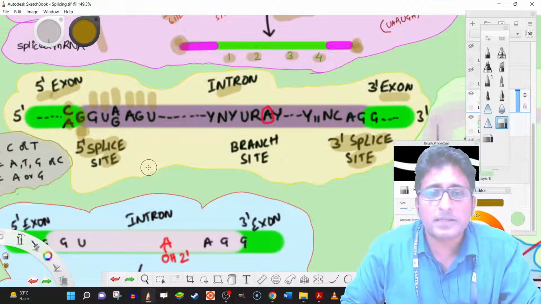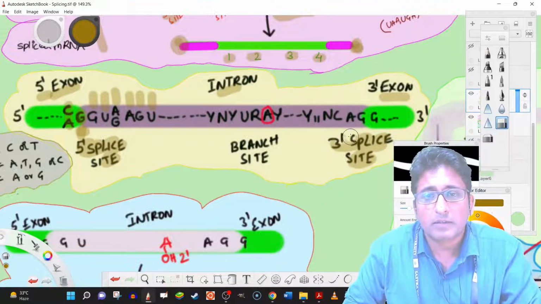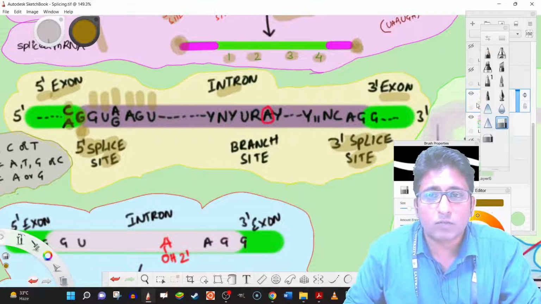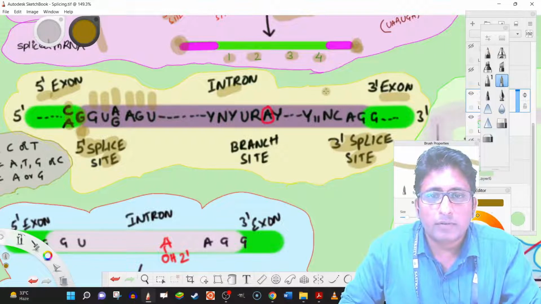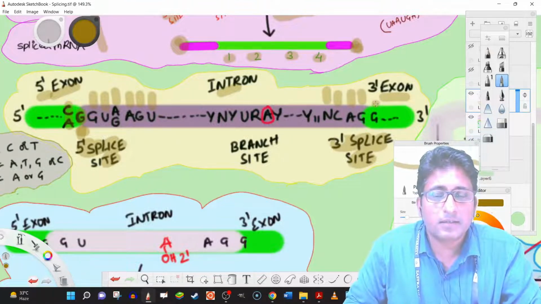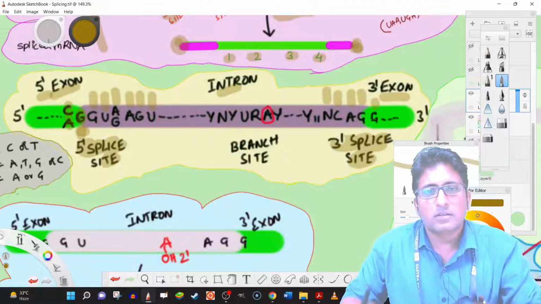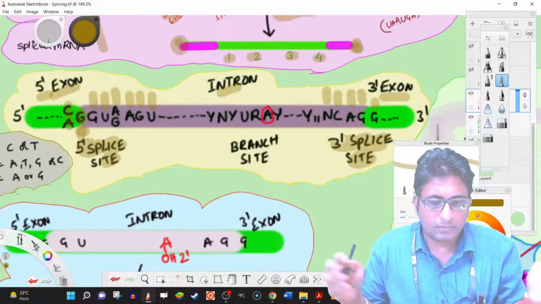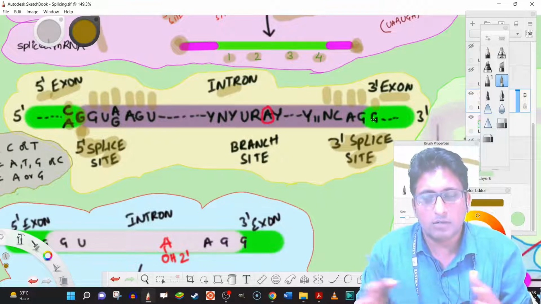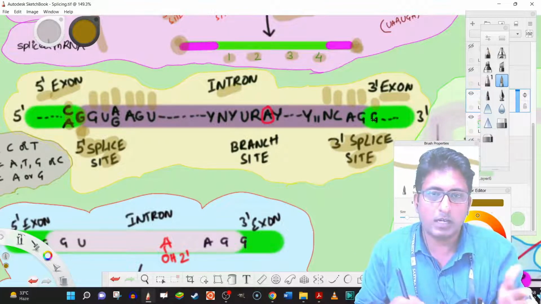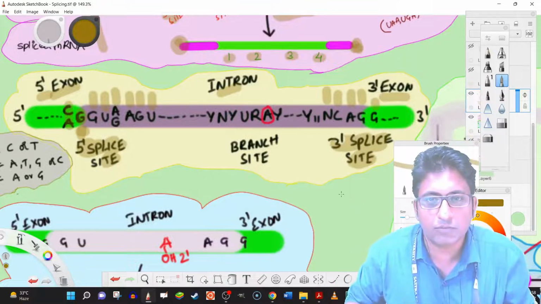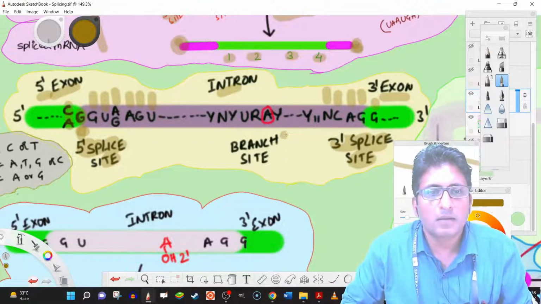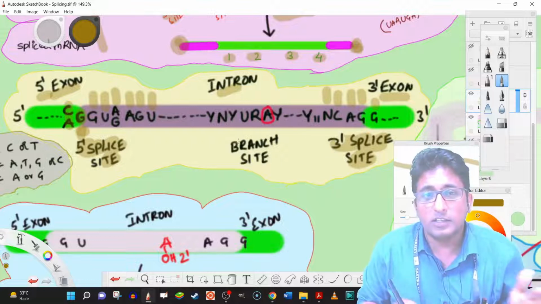Similar to the 5' splice site, we also have the 3' splice site. And in the 3' splice site, we have sequences something like this. We have N, that is, it could be any nucleotide, and cytosine, adenine, guanine. And the next exon would start with G. So all exons, at least those adjacent to the introns, would start with G and end with G. That would make it easier for us to remember. And similarly, intron is also starting with G and ending with